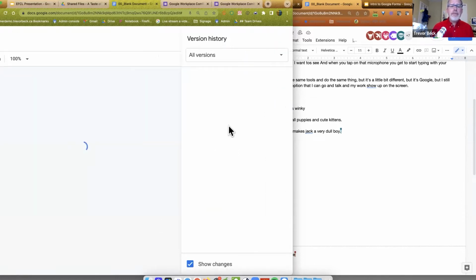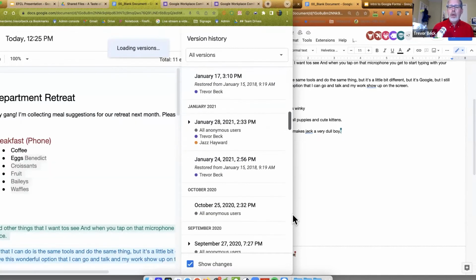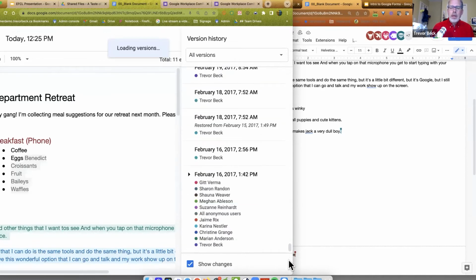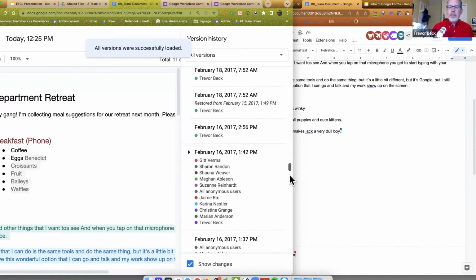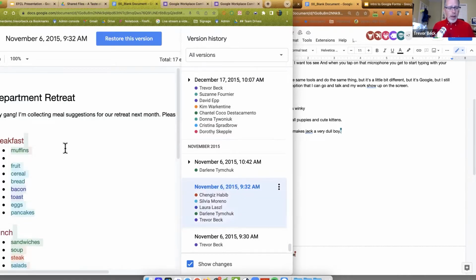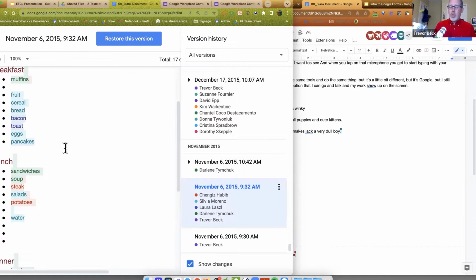I have been using this file since, let's see how far back we can go. Come on, go back. 2017. I actually have another file we're going to look at in a second that, oh, no, I lied. We go back further yet. Pretty sure it's 2014 that I started using these. Okay, not this one, but I have another file. I went back to 2014. So I can click on here and I can see what that document looked like back in 2014, in this case, 2015, excuse me.